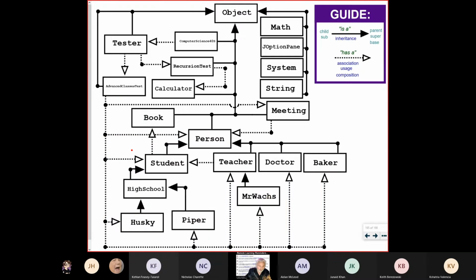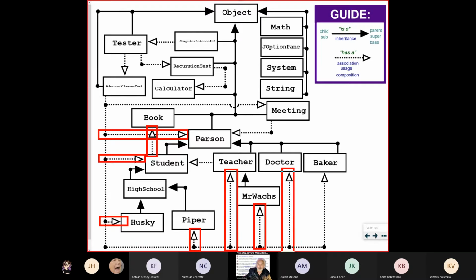Actually, let me redraw that. So I'll just start here. This one, this one, this one, this one. Again, just focusing on those dotted line arrows. Don't worry about inheritance right now. Just think about the